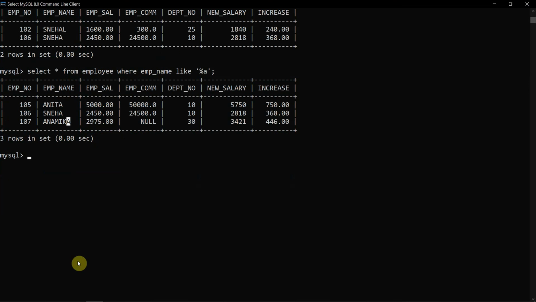So this is how the percentage and underscore symbols are used with the like operator. The percentage means the whole word, or completing the whole word. And underscore means limiting your word, that is, how many letters you want at that place. So this is how the like and between operators are used, and in the next video we will see the use of not and in operators, and with the combination of those we can get our data from our database.